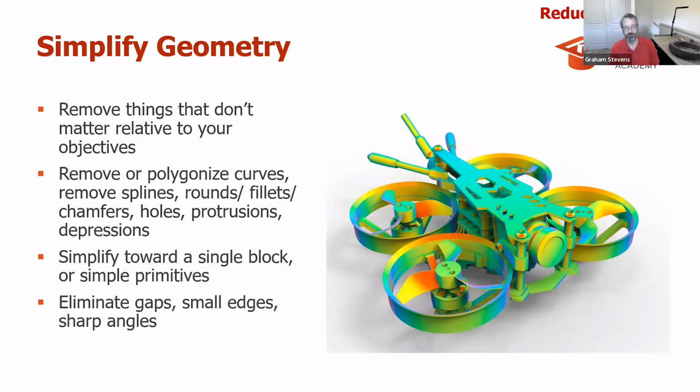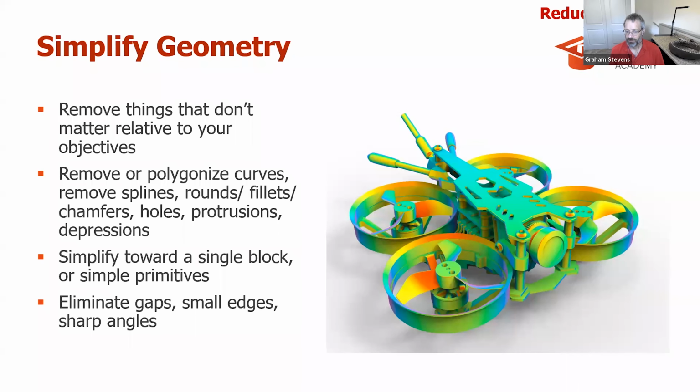And then we come to geometry in terms of simplification. So as I mentioned, relative to your objectives, you want to remove things that don't matter relative to your objectives. So if all these gears don't really matter, if the mechanisms here that the fan blade is doing don't really matter relative to finding the natural frequency of vibrations that you're doing a modal analysis for, or looking at whether this shroud is going to break under various forces and so forth, then you want to simply eliminate or simplify those geometries. So simplification can take many forms. A lot of times it's removing or polygonizing curves, removing splines, removing rounds, fillets, and chamfers, holes, protrusions, depressions. It's just getting rid of complexity and getting back to that simple block or a simple primitive to reduce the amount of work that's needed